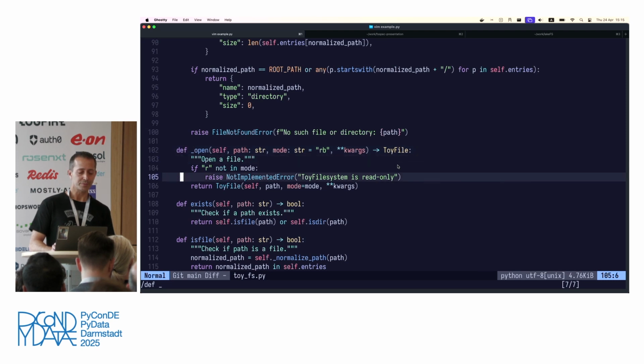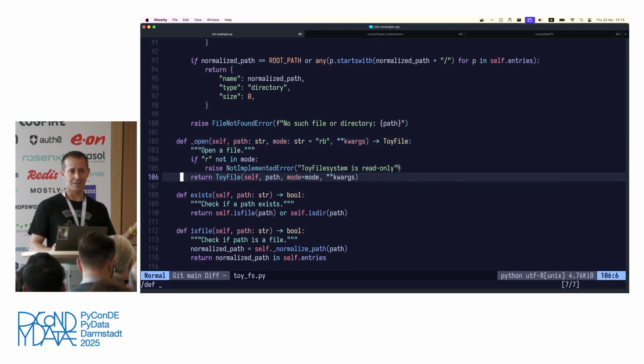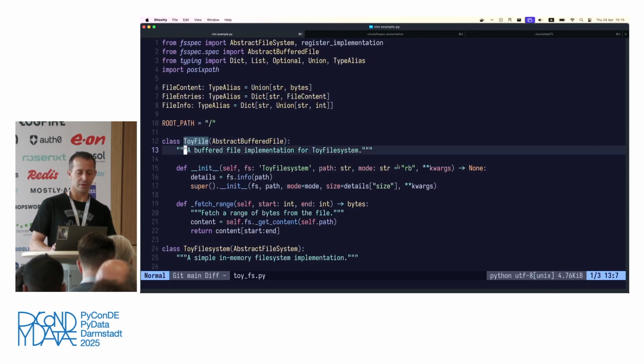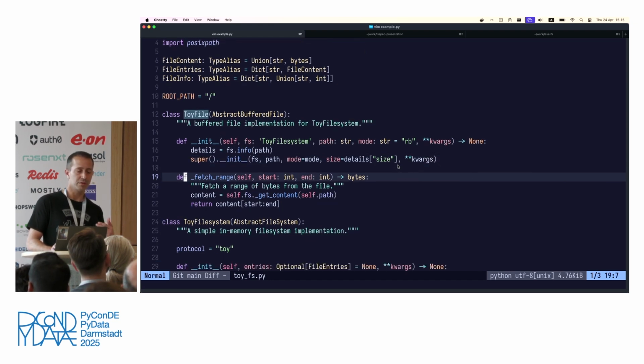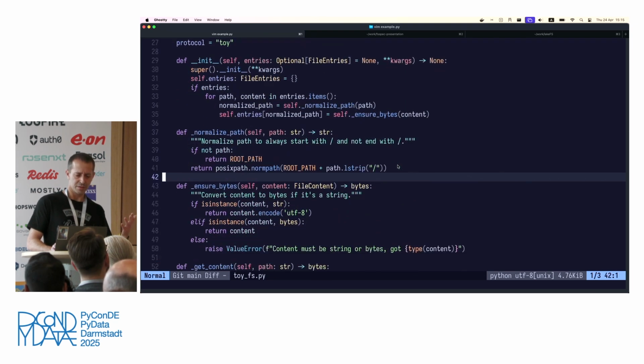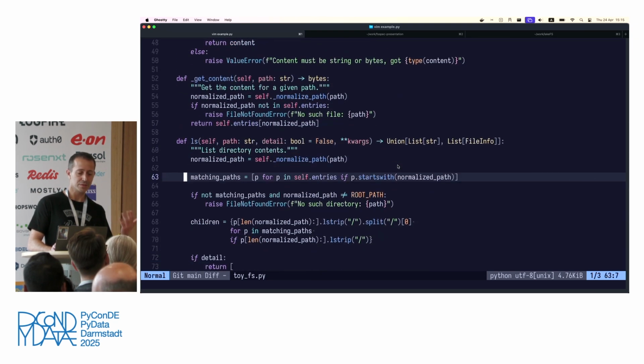When we open a file, it's just instantiating the handle that represents a single file. And if we go to the toy file implementation, we can see that except for passing details about the file and the path itself, we just need to implement the range function. Because using range, I can read the whole file or part of the file. All the methods that the base class will need in order to implement a read-only file can be implemented using the single function. All in all, there are, I think, 7 methods here. The biggest one, let's see,